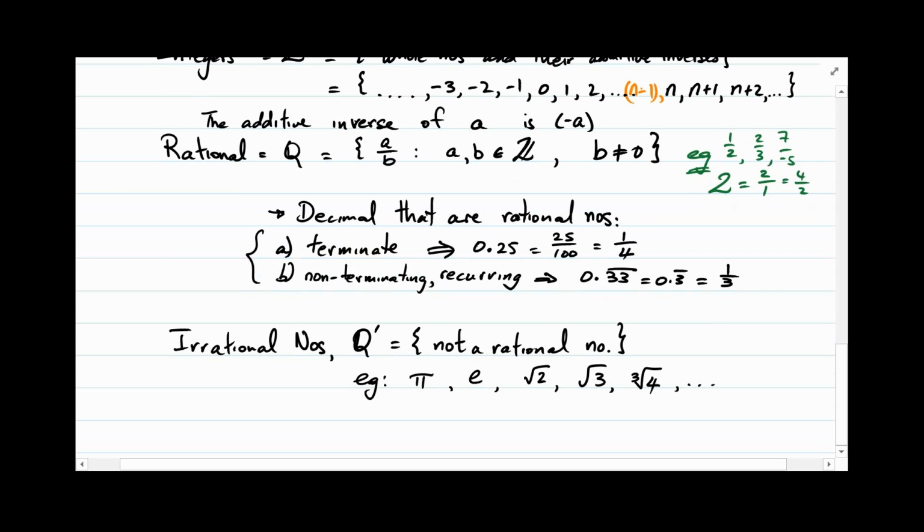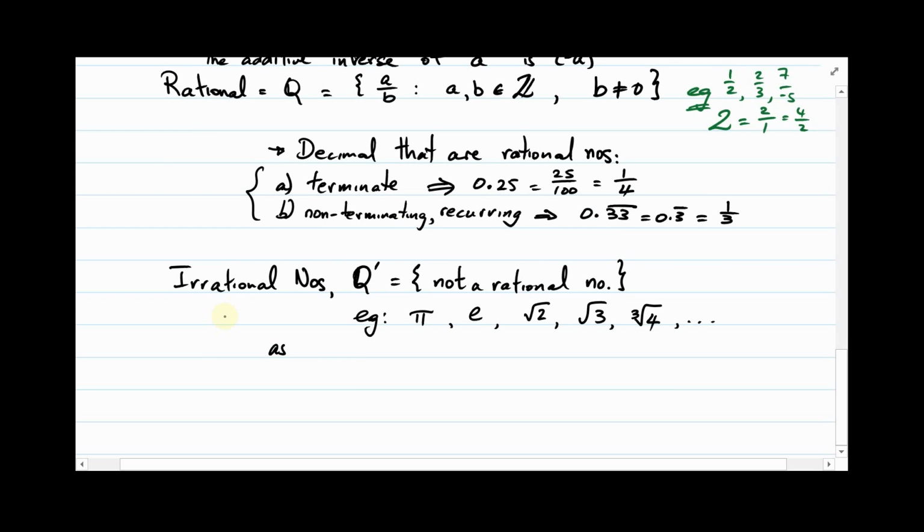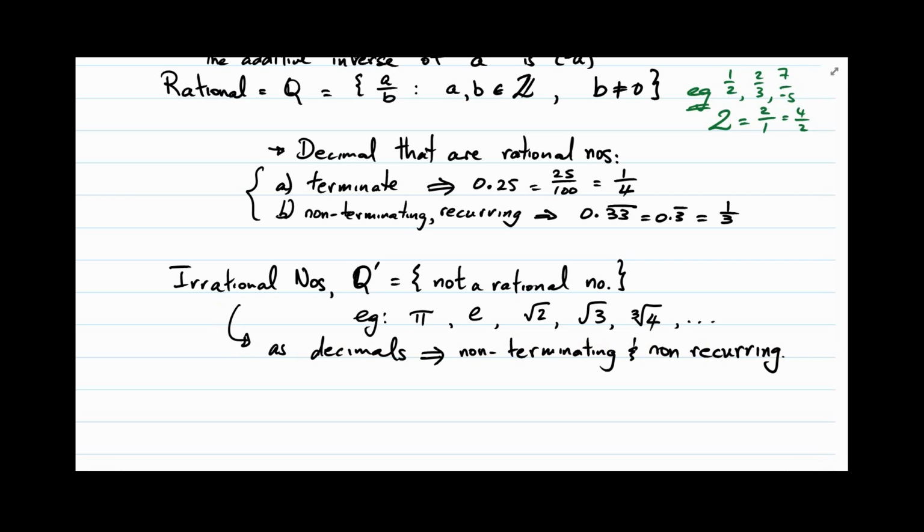Now if we express these as decimals, so irrational numbers as decimals, these will be non-terminating and non-recurrent. So there will not be a block of items or block that can be put on the repeating bar. So an example,